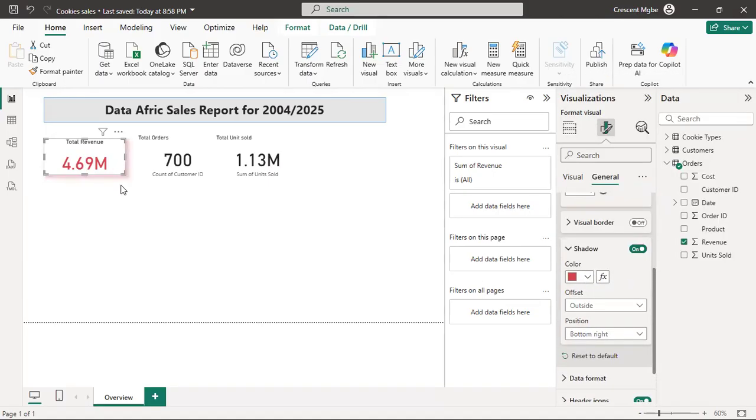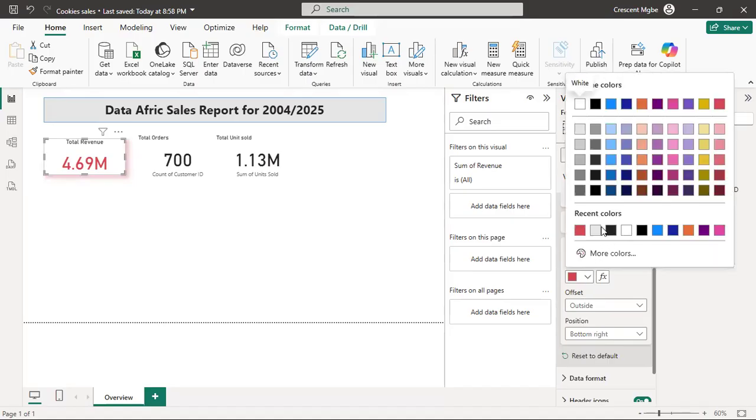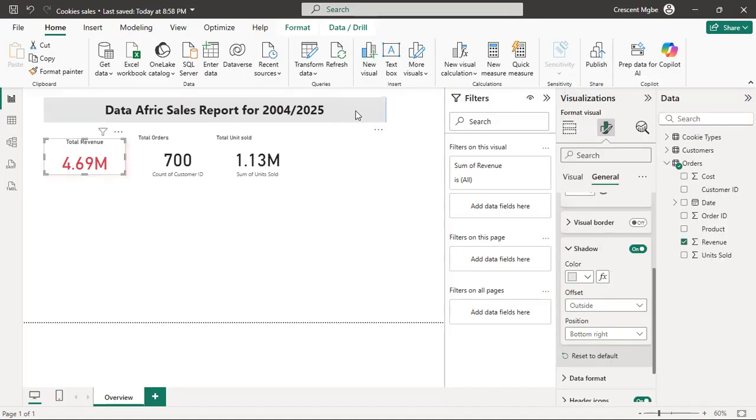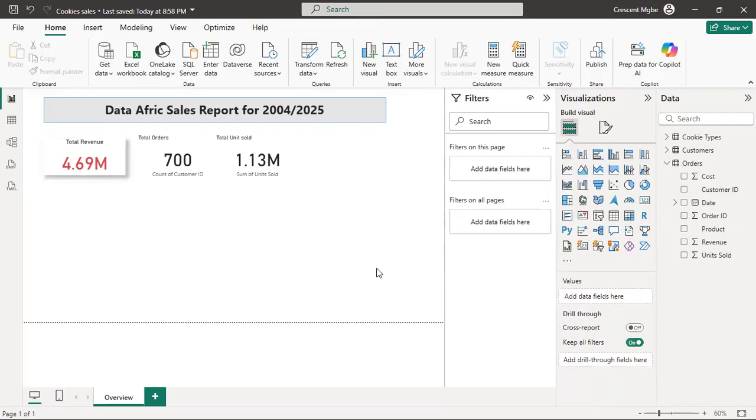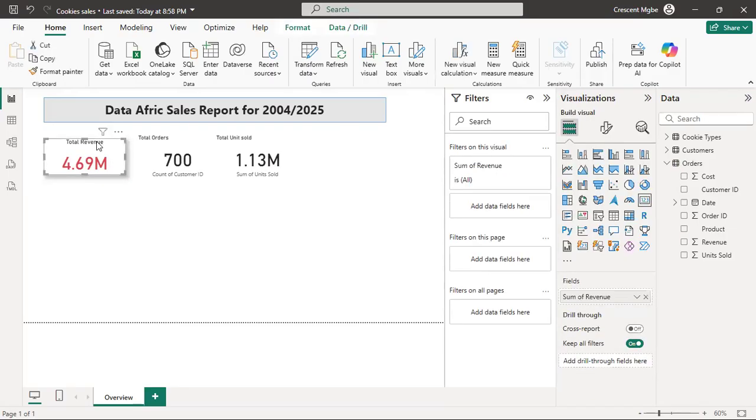You can see the back will be red, but I think I prefer this one so that it will match this color. Let's try black. Okay, that's fine. So you see the way it is now, it's very fine. So I can,